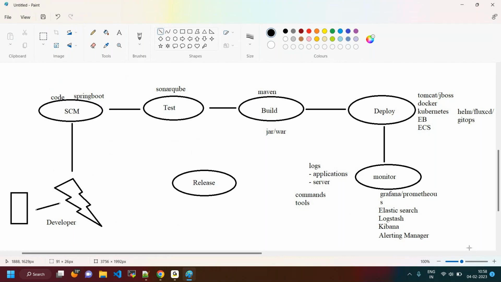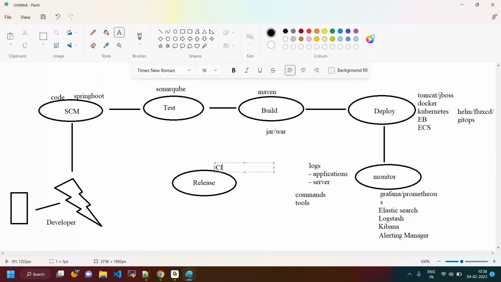We need to do installation, admin activities, deployment activities, and we need to monitor everything. We don't have much time, so we need to automate this process. How can we automate this process? We can automate this process by using some CI/CD tool. At this place, this guy came into the picture. The CI/CD tool is going to do all these activities.